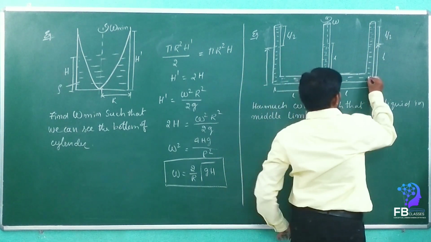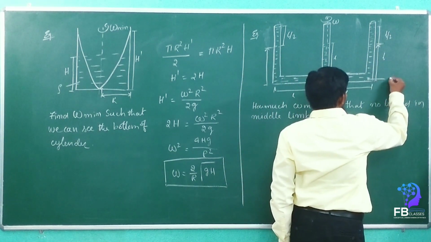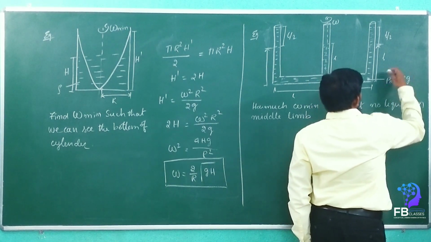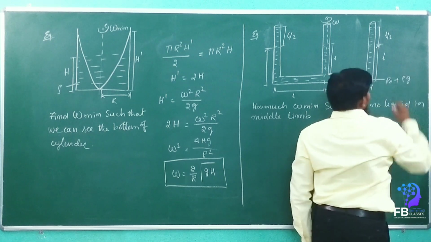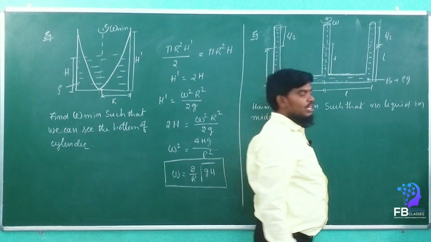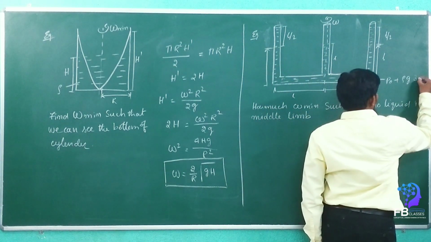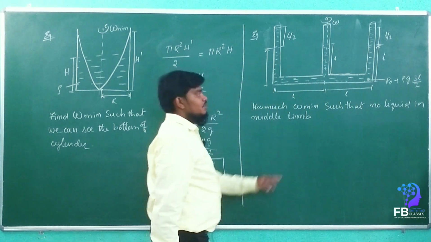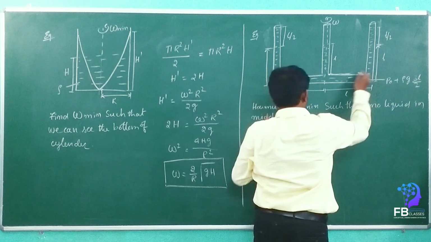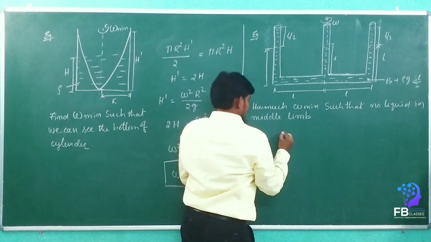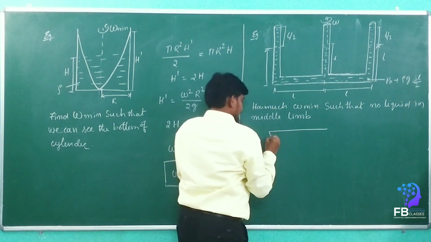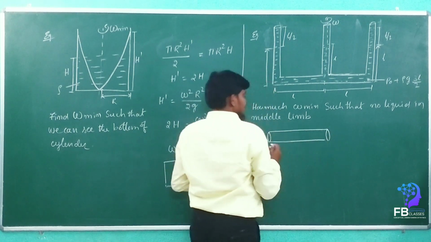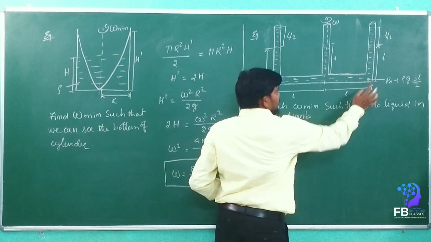So what is the pressure here? The pressure we can write here is P naught plus rho g into L plus L by 2, how much? 3L by 2. So 3L by 2. Got it? This is the pressure at this point. If you take the lower surface, see here, now we want to write the pressure difference between this point and this point.